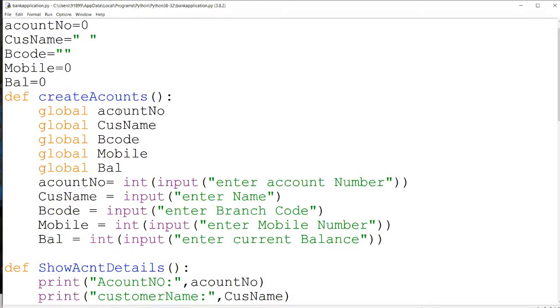Now both account numbers are the same, because you used the keyword global. That means you are telling the program that this account number is not a new variable, it is already there in the global section. That is the reason I made all these variables global before. Later in this function body, these variables come from the global section, so any changes you make will be reflected.